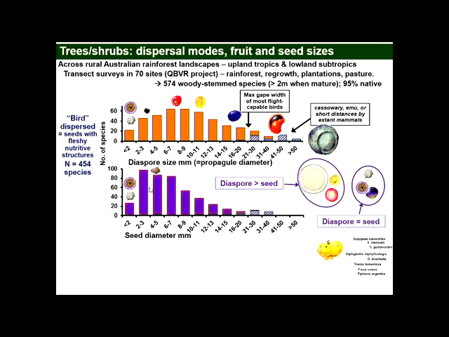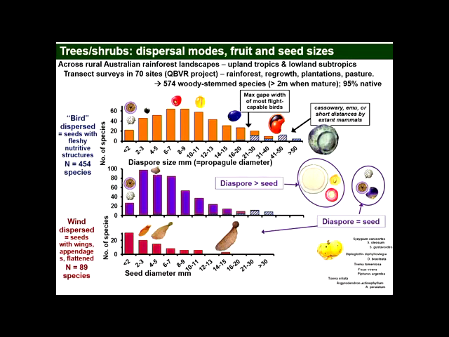This is the same set of species, and now we're looking at actually their seed size. Over here on the left we have figs and Pittosporum that are very soft fruit that can be pecked into very easily, and so in this case the diaspore and the seed are the same thing. So we have a variation from very small, 0.01 of a millimetre across, to the maximum of about 75, I think it is. And these are all seeds that have